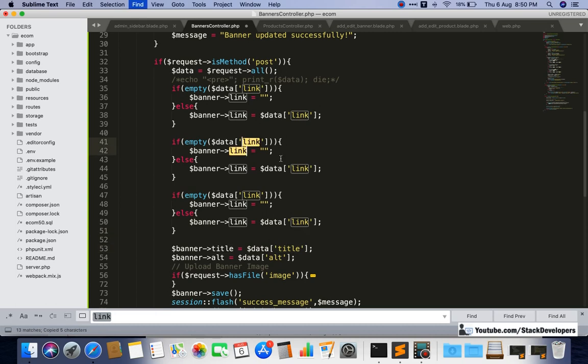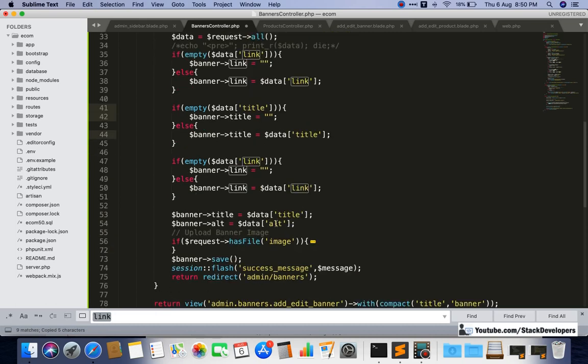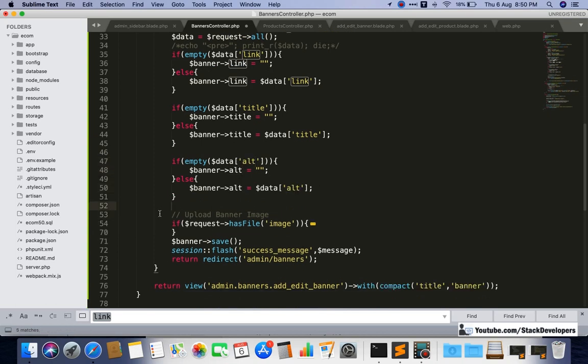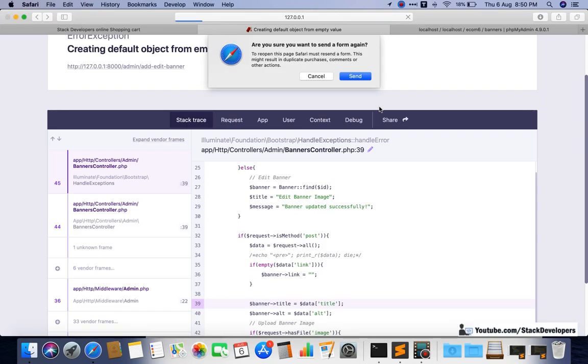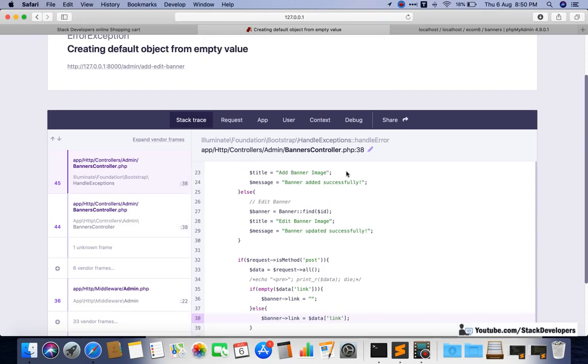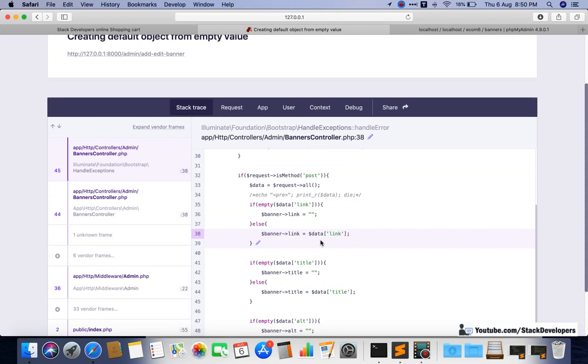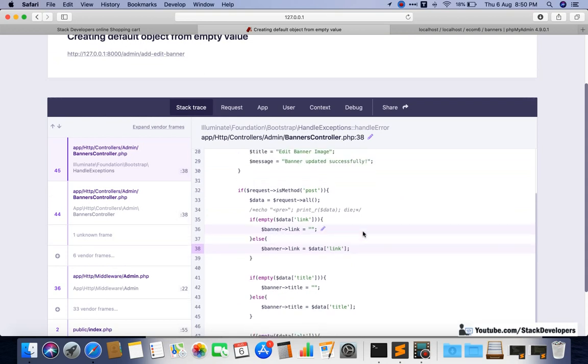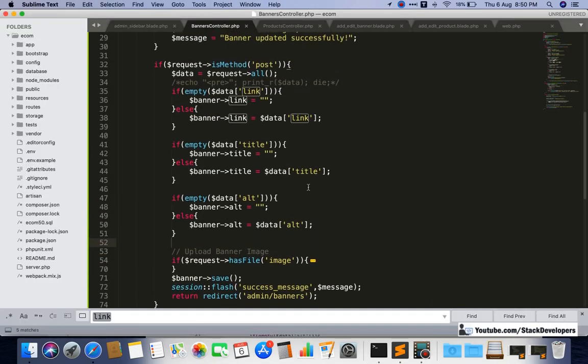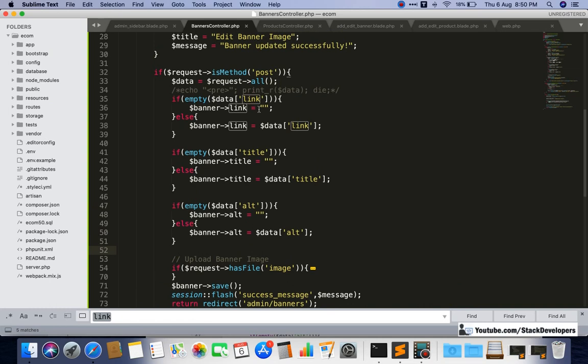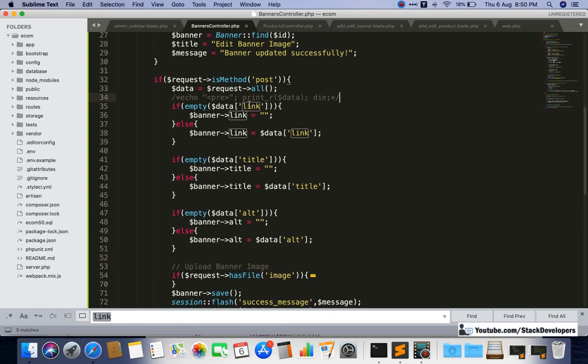For title and for alt tag as well. Now you can check once whether the issue is not coming. Still it is coming. Link has come up here. We empty it, then we need to check once.